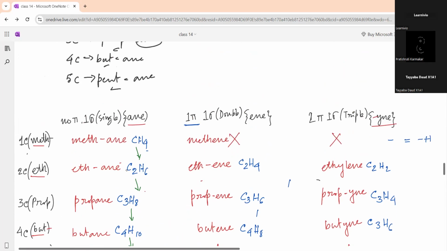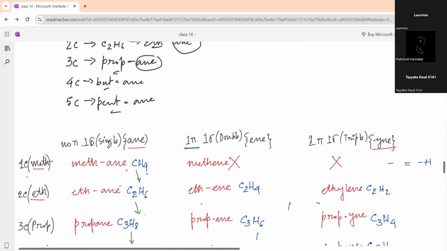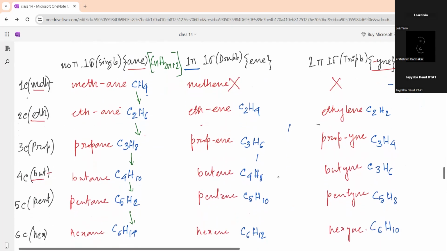So the common formula for alkane, we will say CnH2n plus 2. Okay. Now similarly, following the trend for ethene, like alkene, can you give me a common formula? CnH2n. Perfect. Because when n is 2, it's 4. When it's 3,